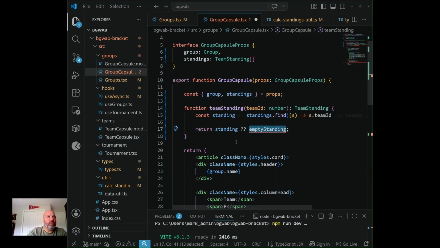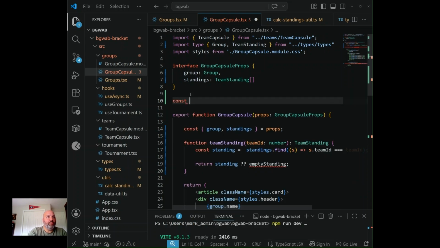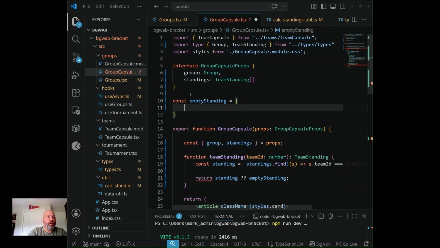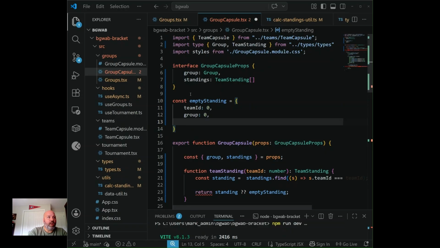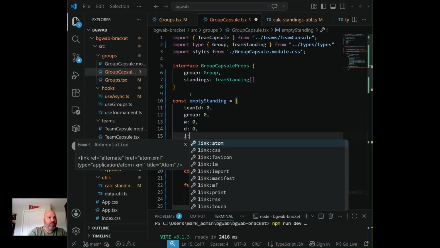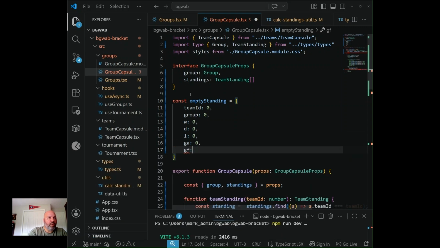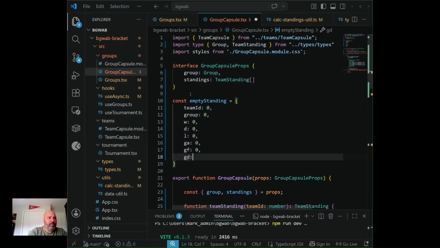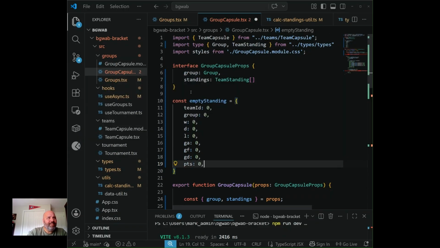So what I'm going to do up here is create a quick object called empty standing, and it's going to equal our object: team ID 0, group ID 0, and then obviously W0, draw, loss, goals against, goals for, goal diff, and PTS, right? Is that everything? I think